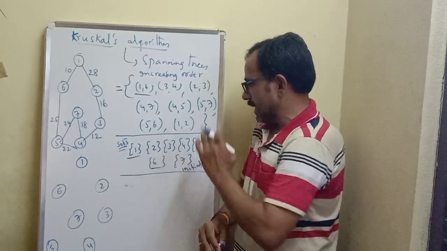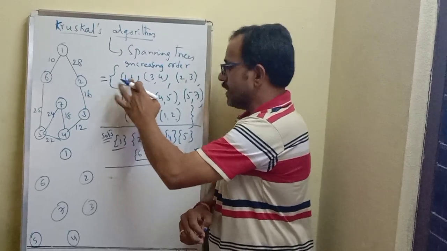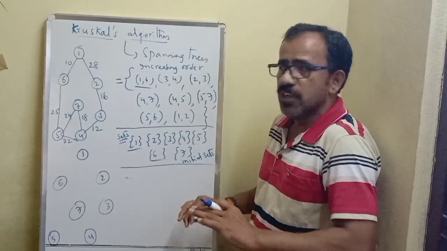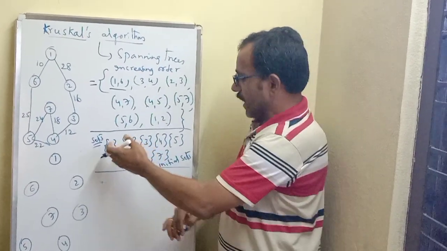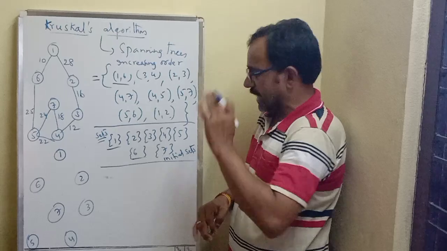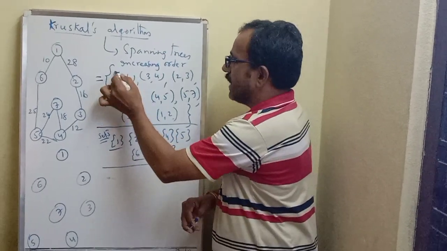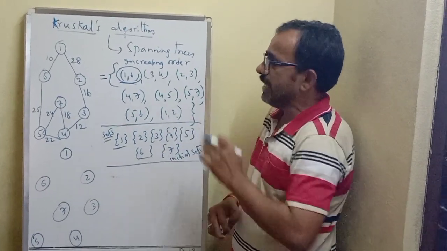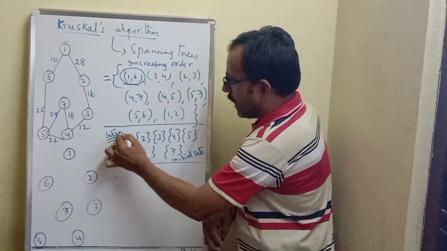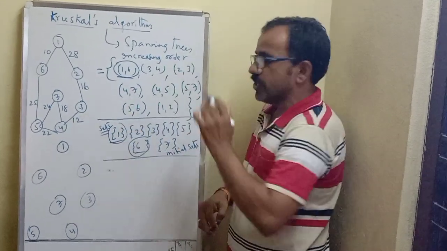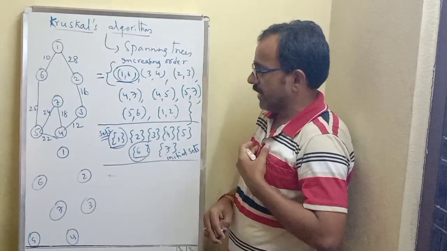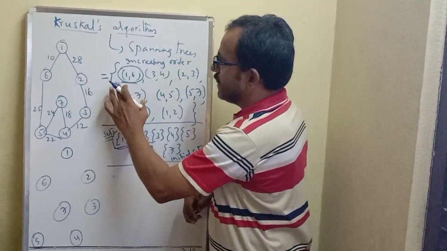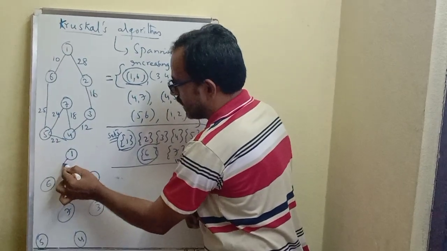From the sets, immediately verify whether 1 comma 6 are in the same set or not. Initially we constructed all the individual nodes as individual sets: 1 is in one set, 2 is in one set, like that 7 is in its own set. We selected 1 comma 6, the lowest edge in the graph. After verifying 1 comma 6 against these sets, they are two different sets, so we can directly include that edge in the spanning tree. The edge 1 comma 6 is connected like this.